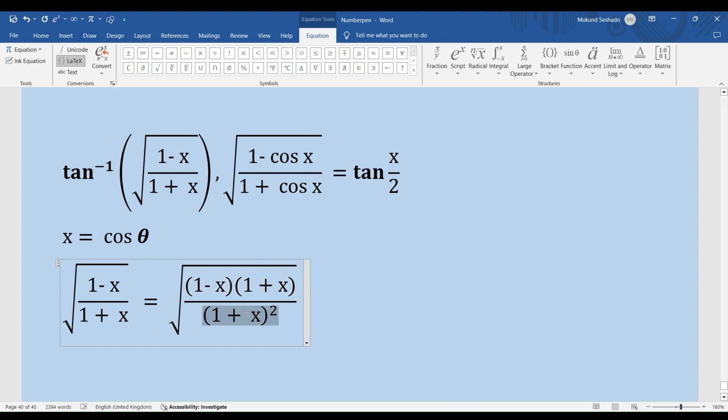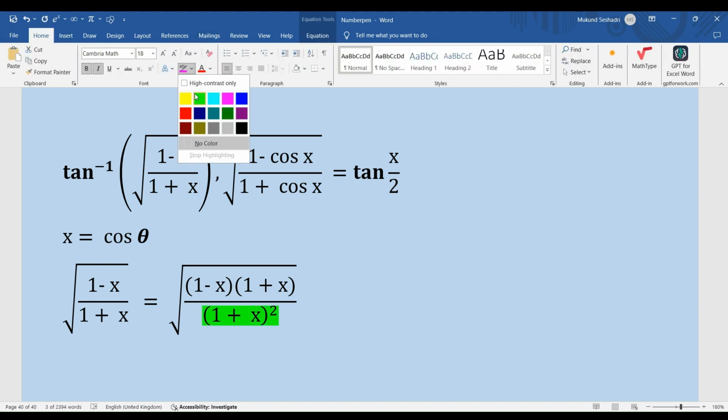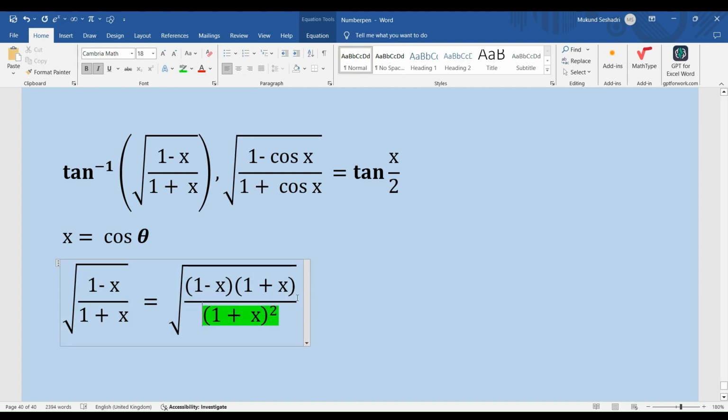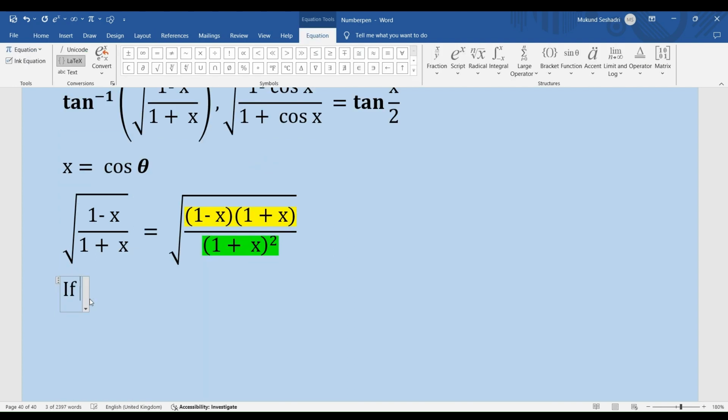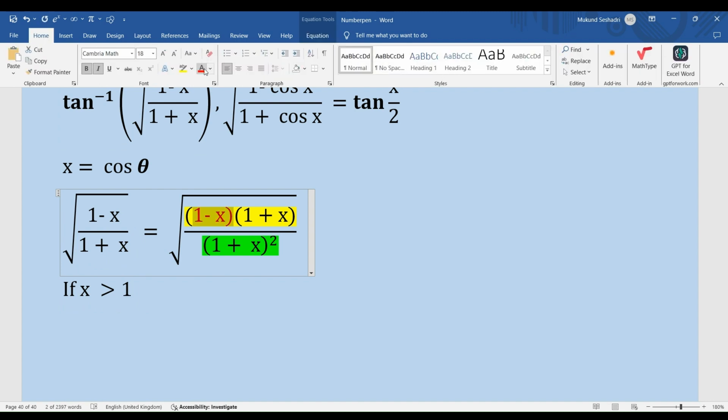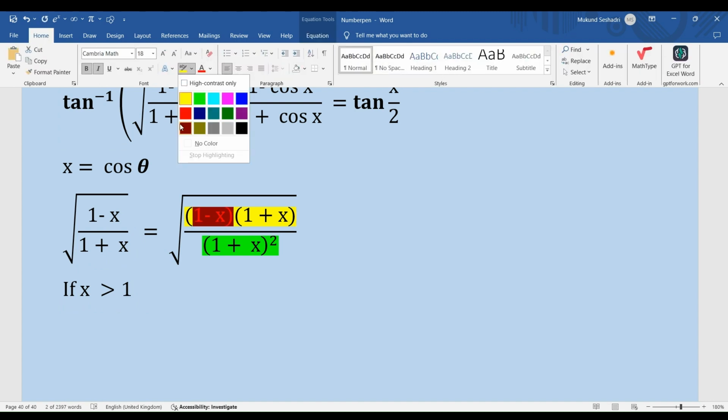So this term in the denominator, (1 plus x) the whole square, is always positive, right? I'm referring to the expression in green, and the expression in yellow, (1 minus x) into (1 plus x), let me highlight it in yellow, cannot take negative numbers. So if x is greater than 1, what happens? 1 minus x, right, becomes negative, right, which is not permissible here considering that we are inside the square root,